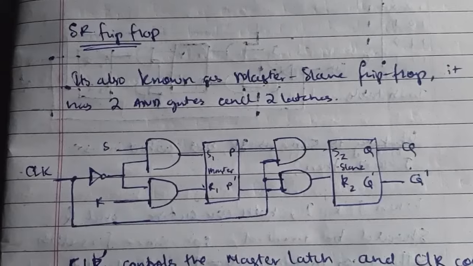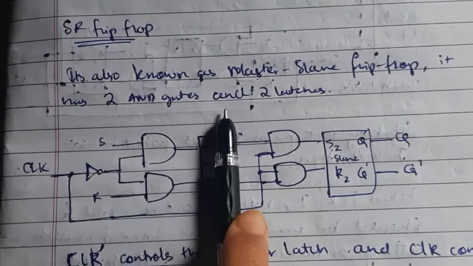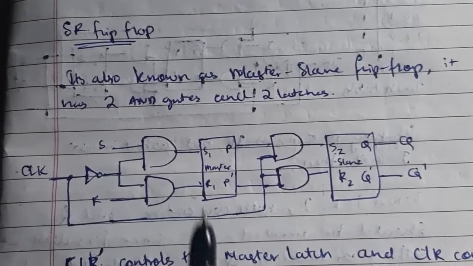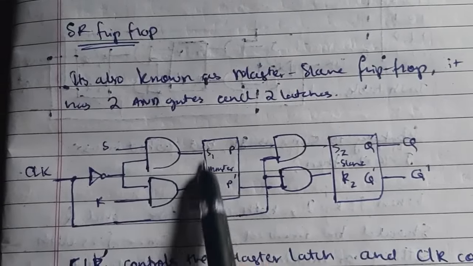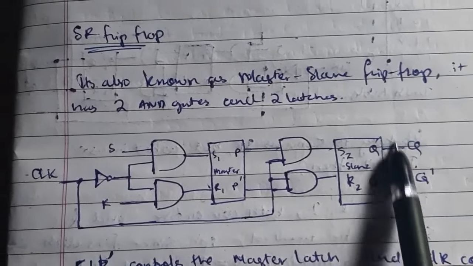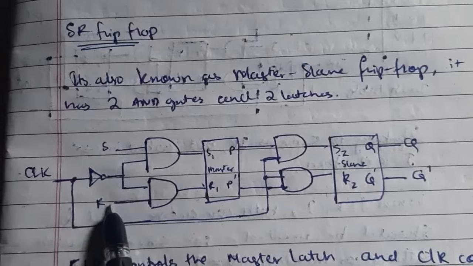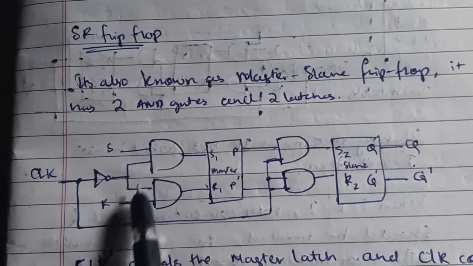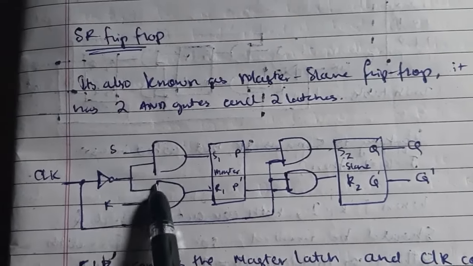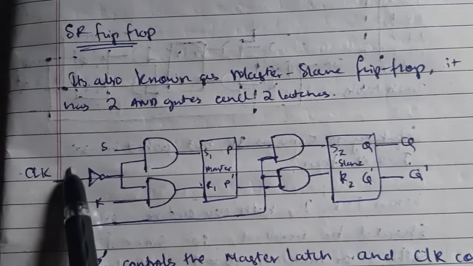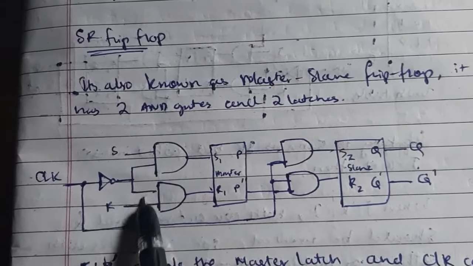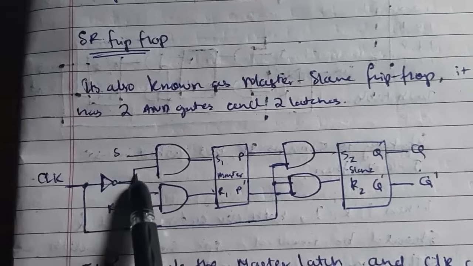This is an SR flip flop. This is the first part, this is the second part. These are gates and this is SR, this also has gates, this is SR. If you make any changes in S and R, that will only be reflected when this is also 1. Now what is this? This is connected to the clock. If clock is 0, this will become 1 and changes will be made. But when clock is 0, changes are made, right?